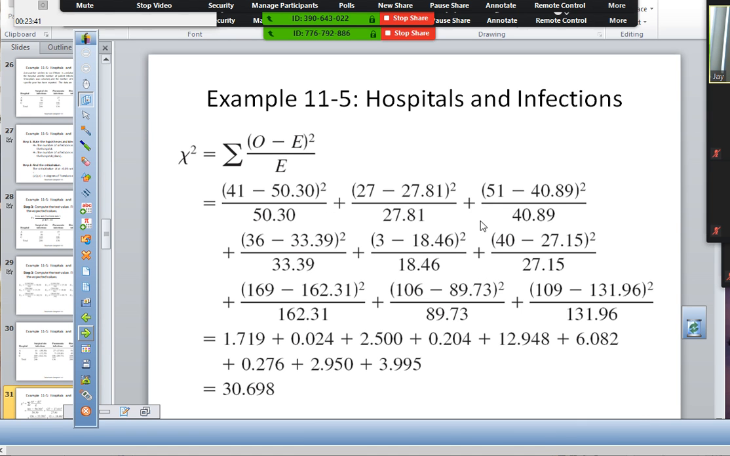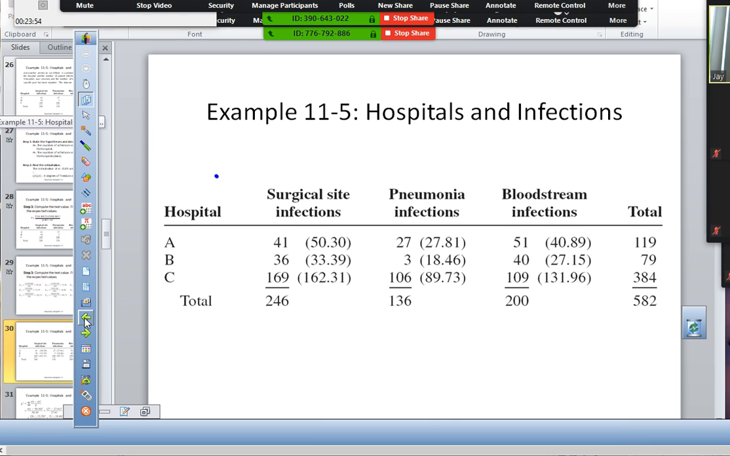And if you did, it looked like this. And you get 30.698. That is our chi-squared. You do not have to write these down, and you do not have to write out all 9 of them at all. So like for the previous one,